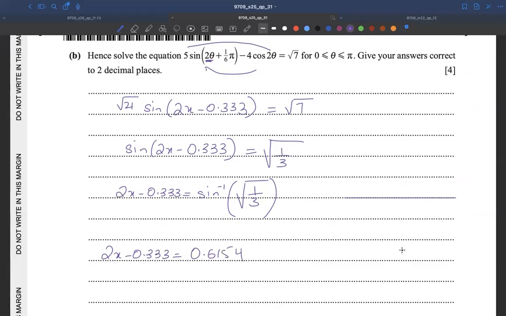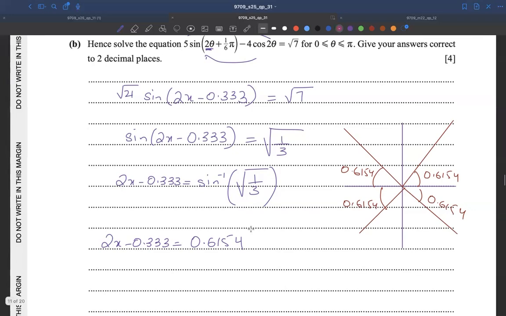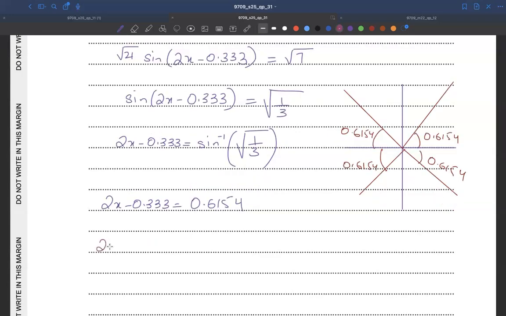And as it's a square root, we'll have both the positive and negative quadrant answers. So we'll make 0.6154 in the first quadrant, and in the second quadrant as well. We can make it in the third and the fourth as well, as it's a square root, so positive and negative quadrants. We also have to take into consideration that it's 2x, so we'll have to add all of the answers by 2 pi. But as the limit of theta is only between 0 and pi, we can just use these four values. So we'll get 2x is equal to